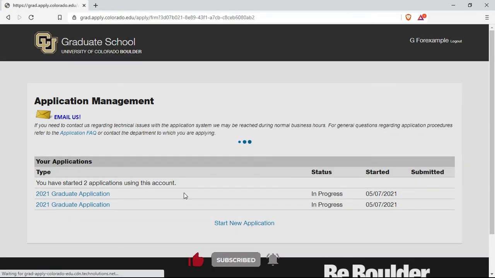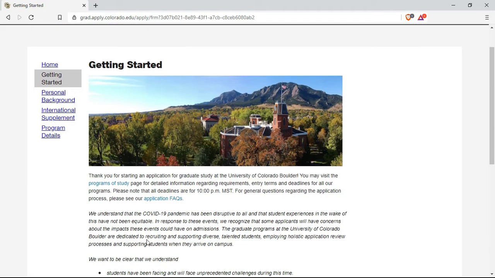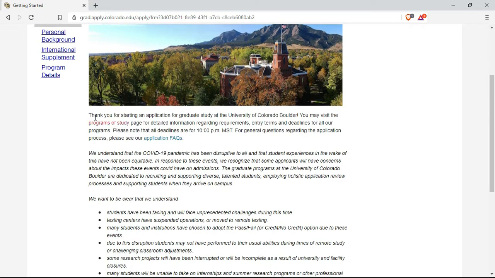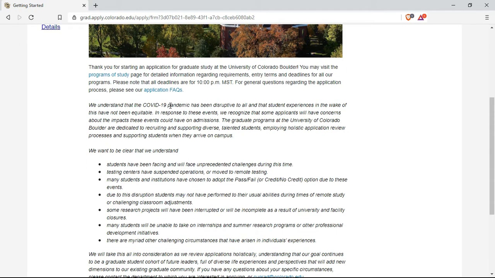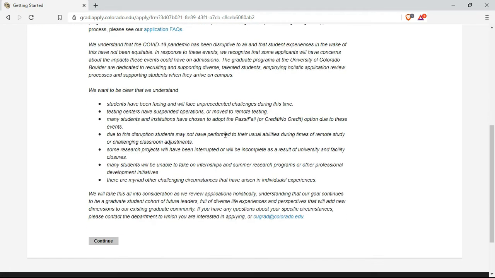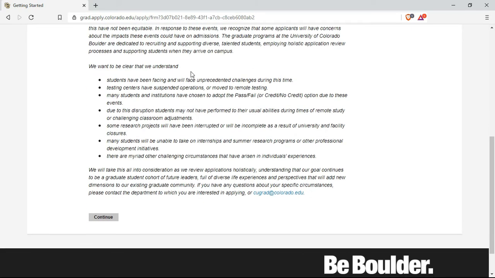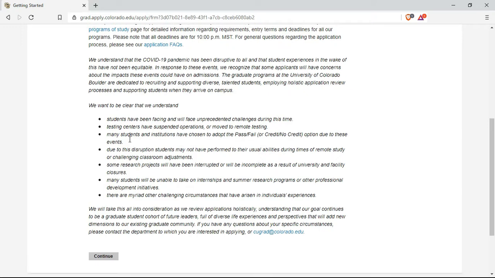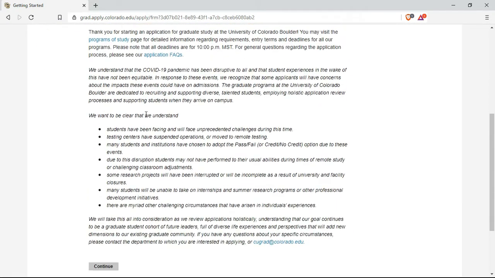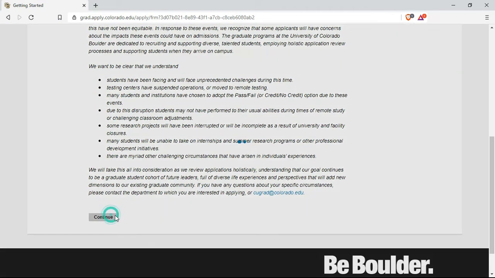Now let's get started. In the first page of getting started, usually for every university, they clearly mention the steps and processes as well as conditions that are required for every student. Carefully read all of these, and since this is the pandemic period, they have also mentioned various COVID related instructions. So following on with the next procedure, don't forget to read the complete instructions.